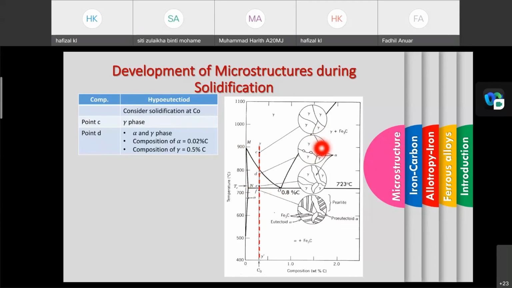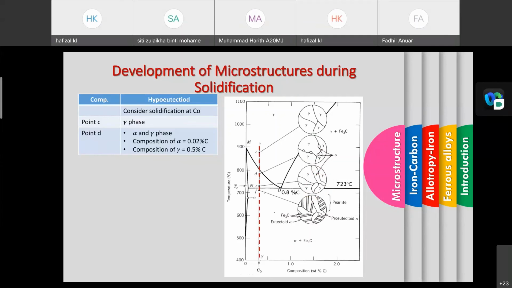Okay, start to produce. As you can see, the alpha starts to nucleate and gets bigger and bigger, because of the existence of the gamma. Alpha is taking place, starts to nucleate and gets bigger and bigger during the solidification at point C here. We can see the alpha is bigger and finally they merge with each other to become a bigger line here, something like this.